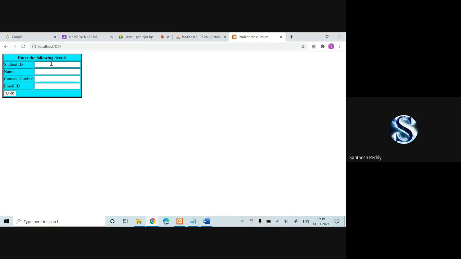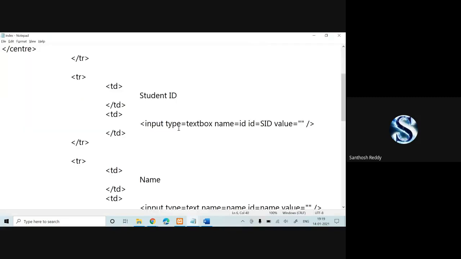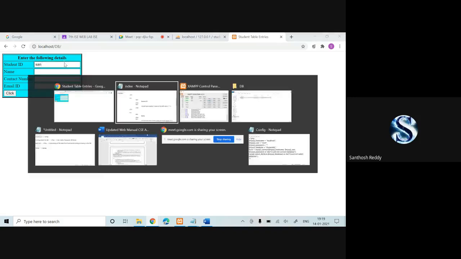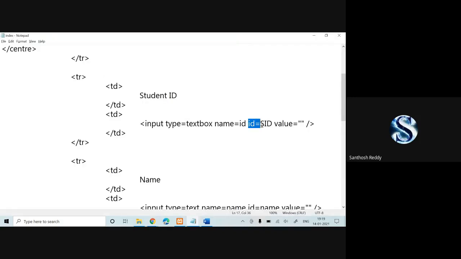Second row, second column, I have specified as the input text box. Here I have specified ID equal to SID. Why have I specified ID equal to SID? When I give some input and want to extract this input data, this ID will help us extract the data from that particular text box.